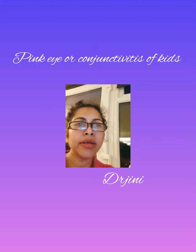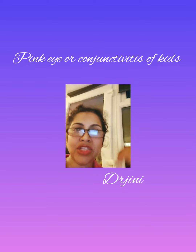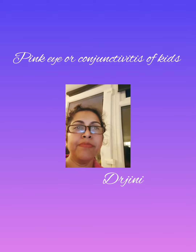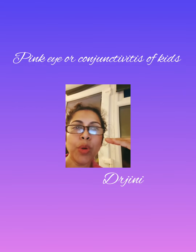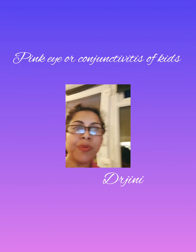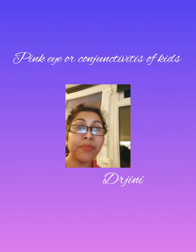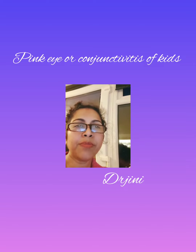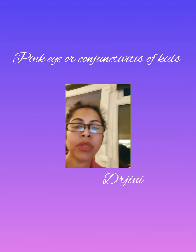Now, newborns at risk of pink eye can develop serious health problems if it is not treated. If a pregnant woman has a sexually transmitted disease during delivery, the bacteria and virus can pass from the birth canal into the baby's eyes and cause pink eye. To prevent this, usually the doctor gives antibiotic ointment or eye drops right after birth. Occasionally, the treatment causes mild chemical conjunctivitis, which usually clears up on its own. Doctors can also screen pregnant women for sexually transmitted disease and treat them during pregnancy so that it does not spread